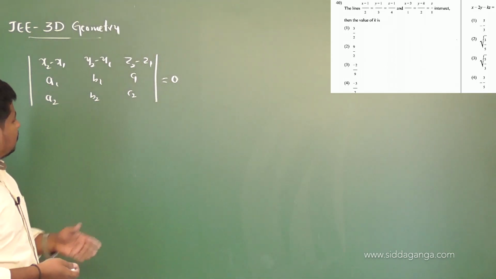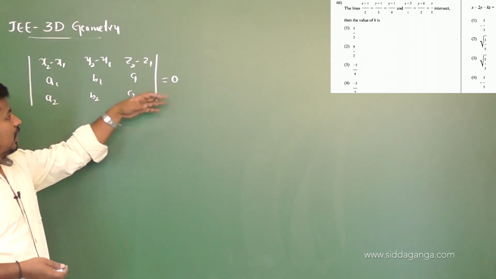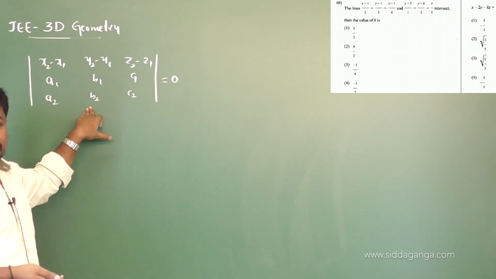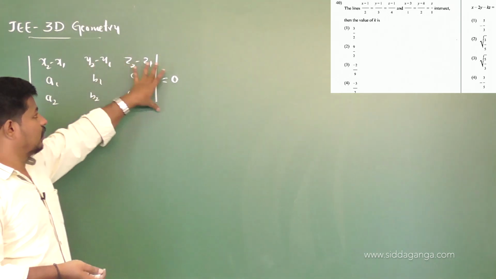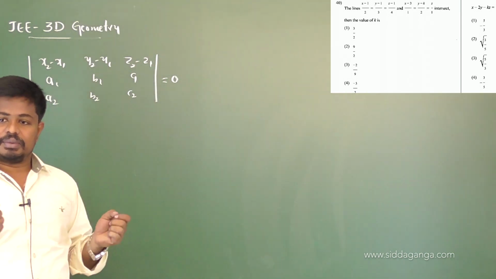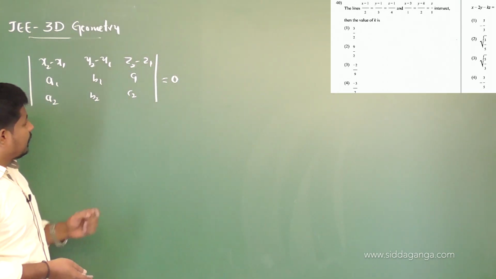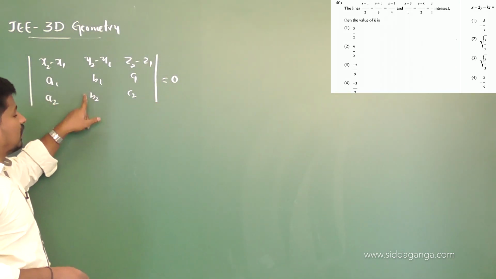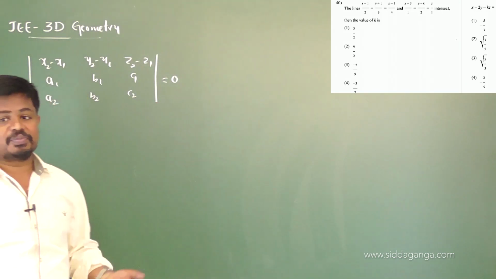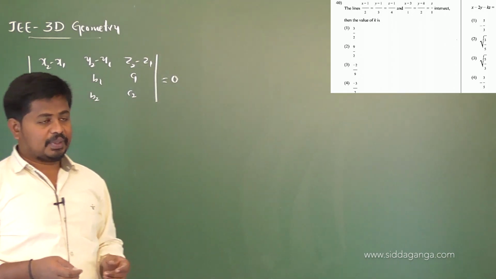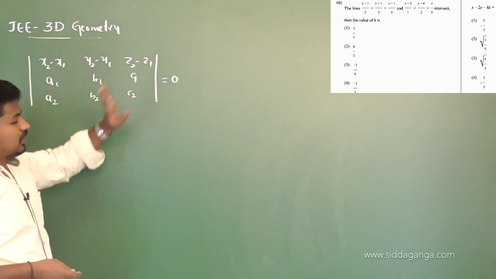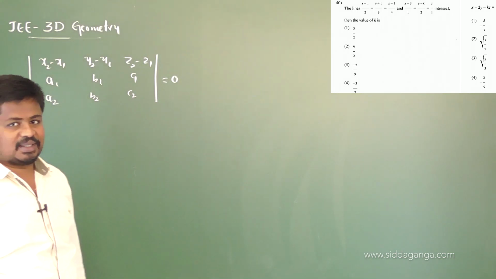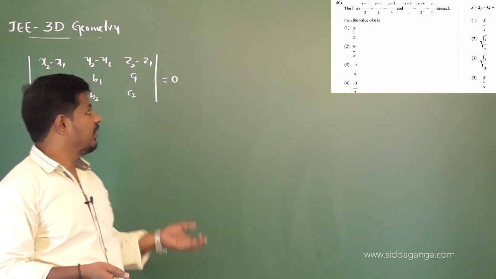So, one thing students, this determinant is equal to 0 whenever the ratios of the first and second line are not proportional, and then the lines are intersecting. And one more thing, if it is not equal to 0 and the ratios of these two lines are not proportional, in that case the lines become skew lines, it is very important. And whenever the determinant is zero, the lines are in the same plane. So, they have given two lines are intersecting, in the sense they are in the same plane. So, I have taken this condition.